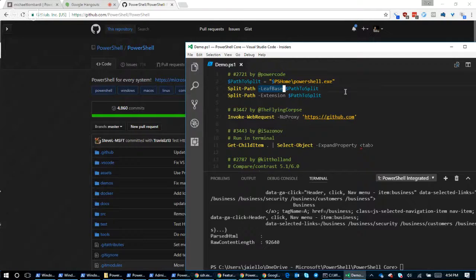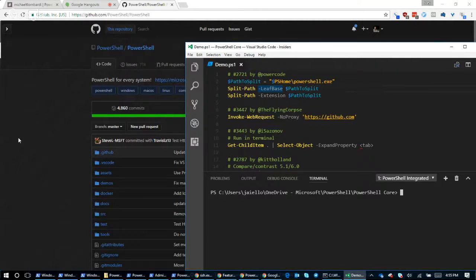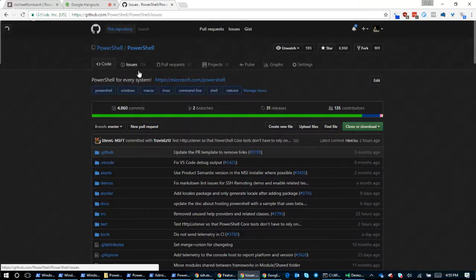And so I'm going to run through a couple of "holy crap, that's nice to have" type demos. Some of these may be exciting for you. Some of them may be totally boring. But the point here is that these all were filed by community members and fixed by community members, often not the same person. And one other thing, if you are a developer, we have these up for grabs issues.